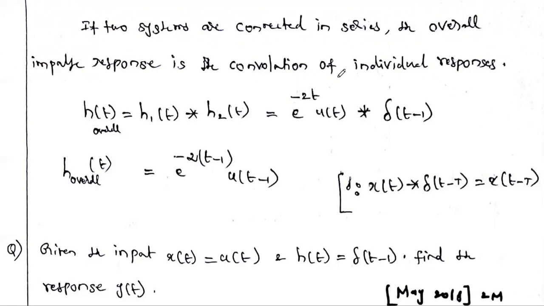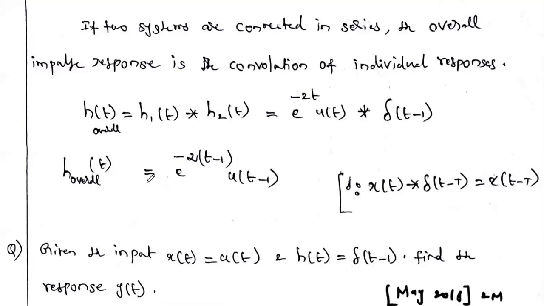So here we have the signal x of t convolution with del of t minus 1. How much is the signal shifted? The signal is shifted by 1 second. So according to this property, what is the answer? x of t at t equal to t minus 1. In this signal, in the place of t, we have to shift t by the amount of 1 second. Wherever t is available, you just replace it with t minus 1.